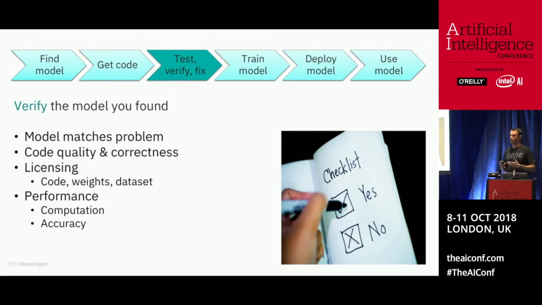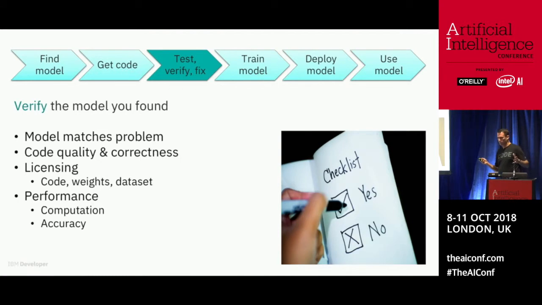So check provenance of code, and has it been taken from somewhere else where maybe a new license put on it where maybe that is actually not allowed, or there are legal implications there. And finally, performance. Does this model perform as per the original research implementation on your particular domain?